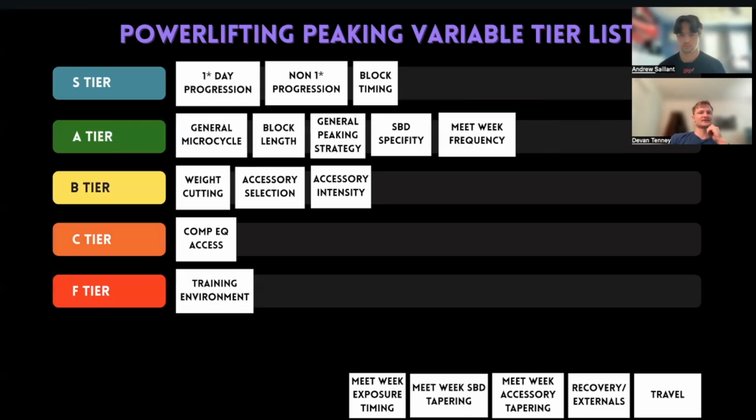But I think exposure timing as well is one of them where, if we're trying to heighten predictability, this is S tier. Peaking for meet day, we need to keep things predictable, but in order to come in as peaked as possible, the predictability component isn't necessarily the end all be all for people. But if we want to maximize the certainty that someone is going to come in peaked, I think the exposure timing is very important. You know what I mean?